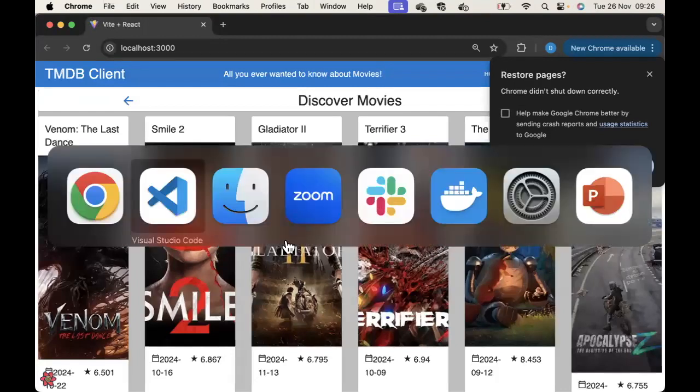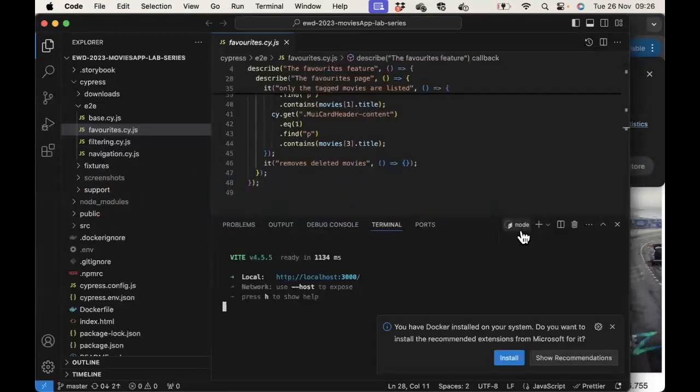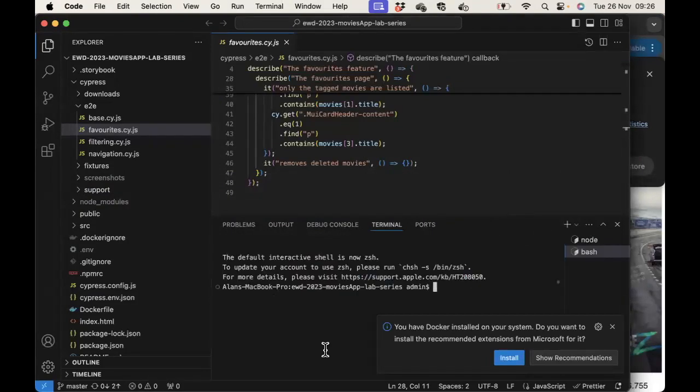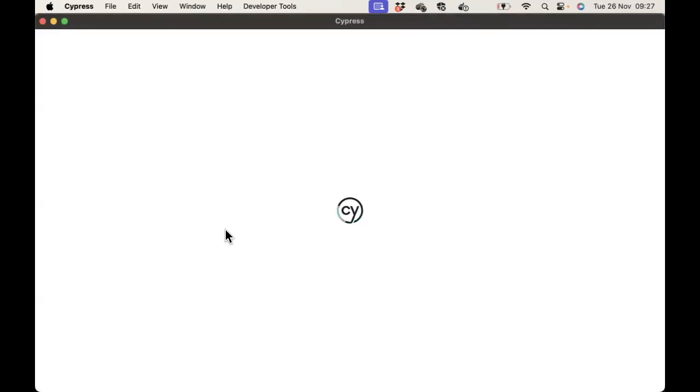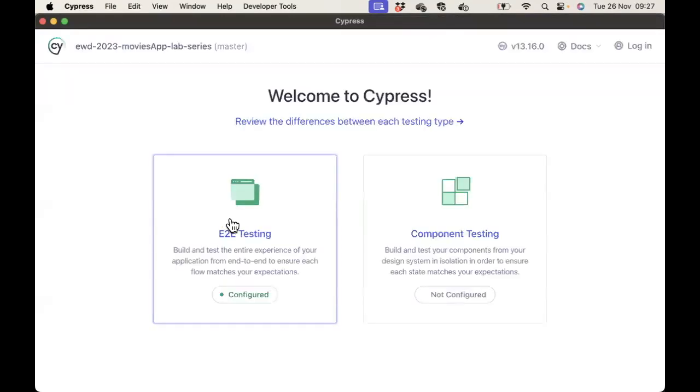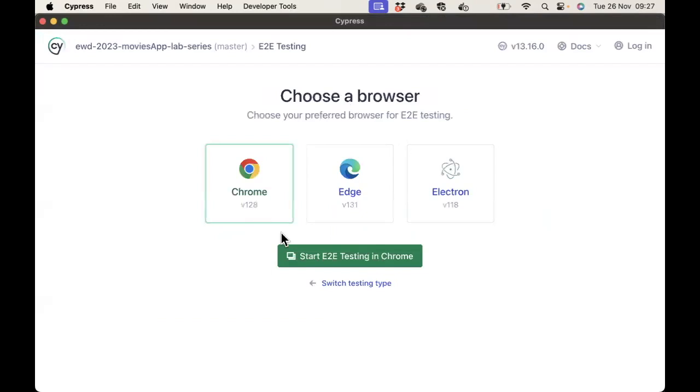And I need to start up the Cypress GUI interface. Select E2E testing, select Chrome. Now, before I click this button here,